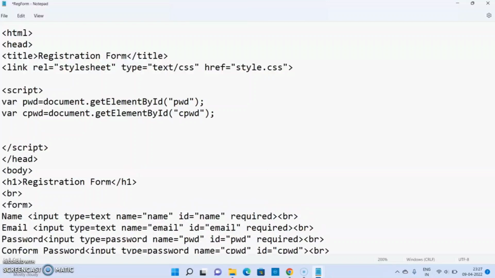So I can get both the values. If pwd equal to cpwd,